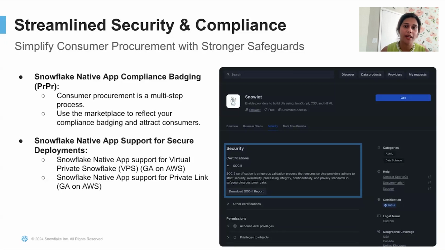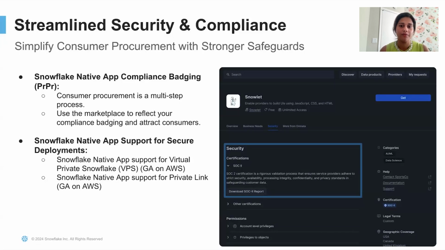So while there's the Horizon-related initiatives and data residency in place, we're also now allowing providers to update their status on the marketplace in case they have received certifications such as SOC 2 and ISO, with compliance badging that will appear to their consumers. What it really does is simplify the procurement process. Most of the strategic customers for providers need such certifications to understand the provider's maturity, and knowing that upfront helps